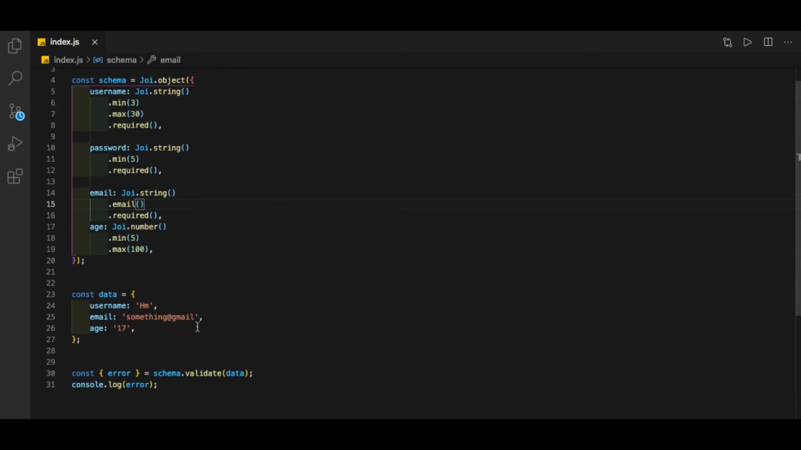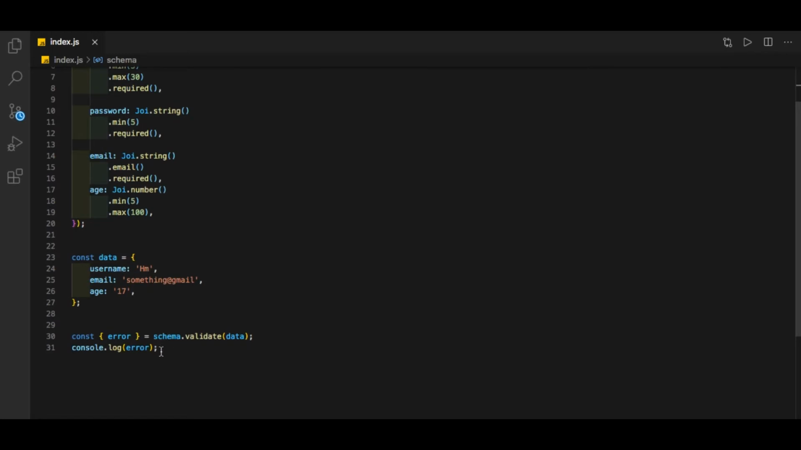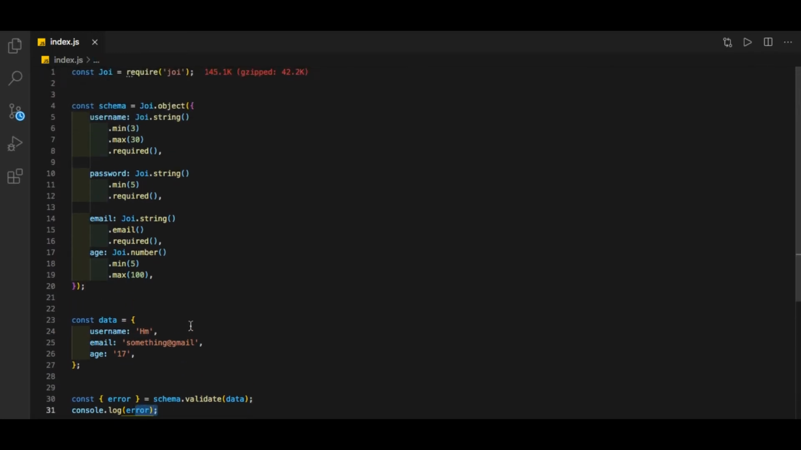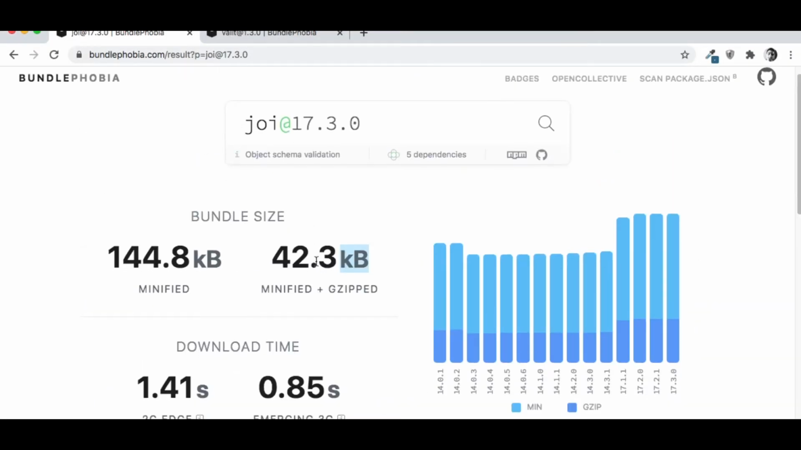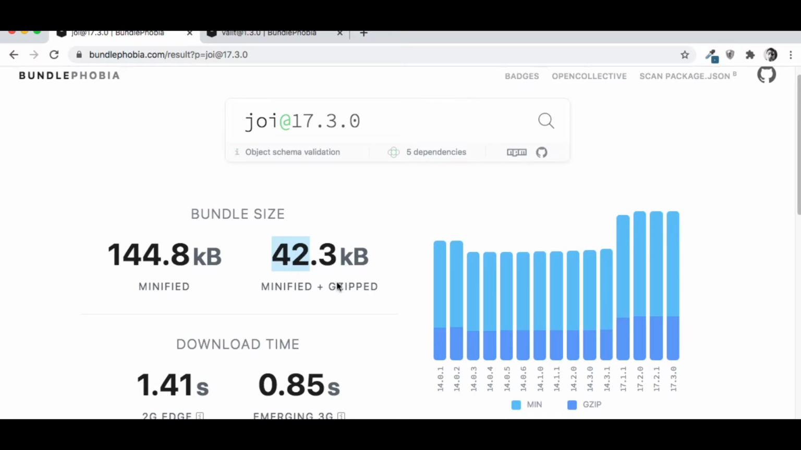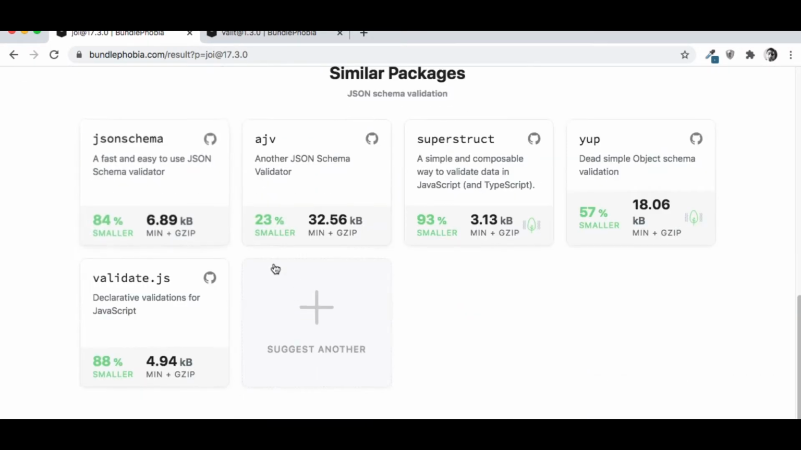Here is the Joi validation, just a simple schema, a simple data, and getting all errors. However, there is only one problem with Joi, its size. As you can see, it is about 42 kilobytes after it is gzipped. Even though there are many alternative options that are way lighter than Joi, like JSON Schema and validate.js, they all are pretty complex, and that's what pushed me to